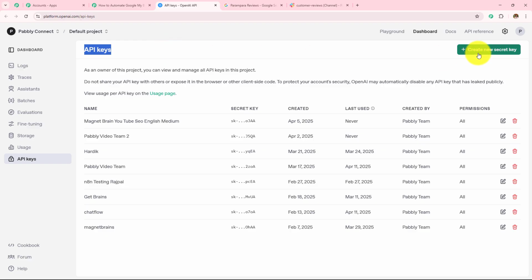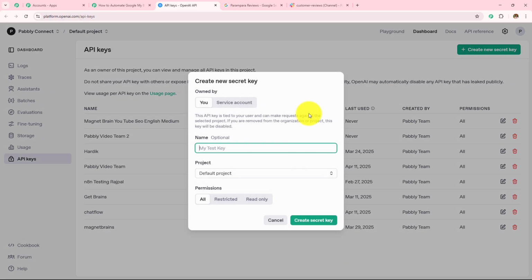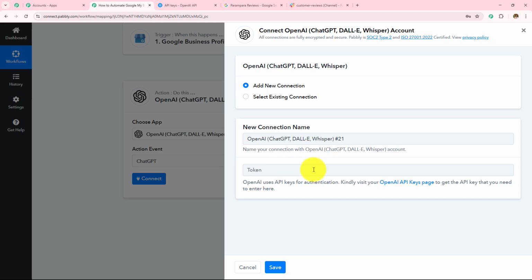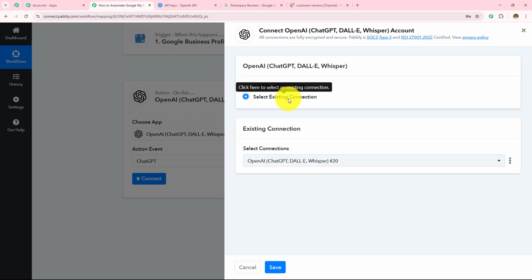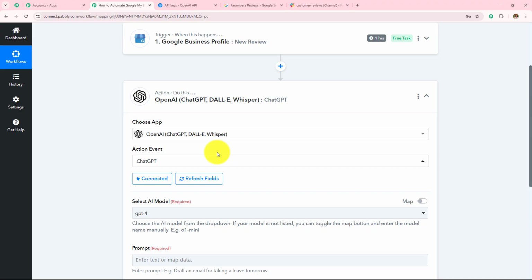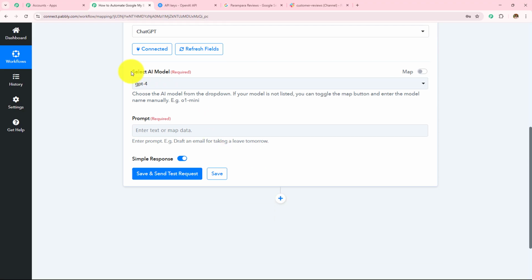Now to create a new API key, we simply have to click on this create new secret key, where we first have to name this key. So let's say the name of this key is test. The project will be default project and the permissions will be all. Now as soon as we click on this create secret key, a new secret key will be provided to us and then we can paste that secret key over here. Now as I already have an existing connection, I am going to click on select existing connection and then click on the save. So here OpenAI is connected with Pabbly Connect